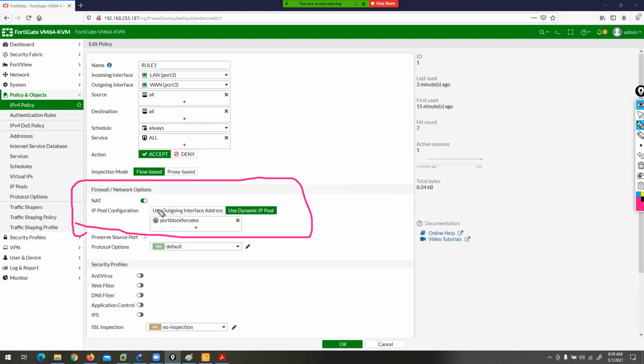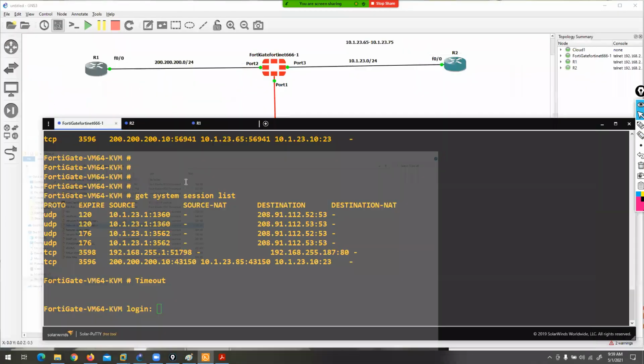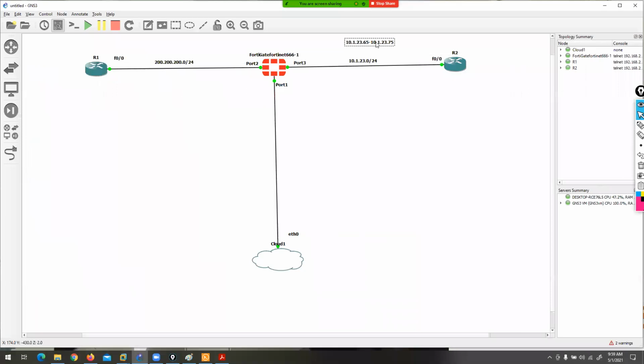But if you want to configure destination NAT, I'm using a single public IP here, 10.1.23.66, for example.